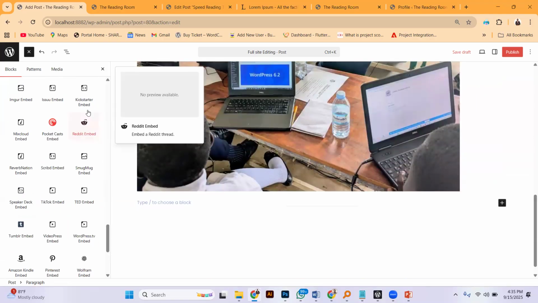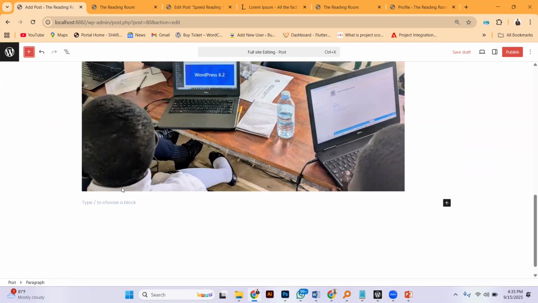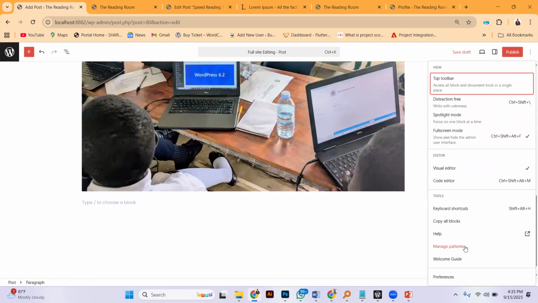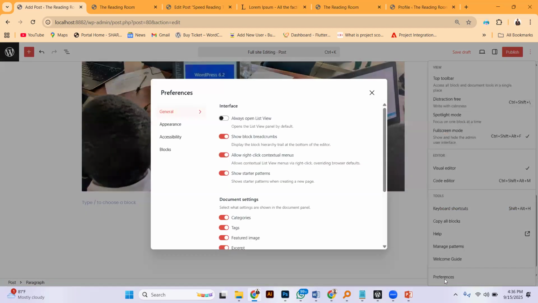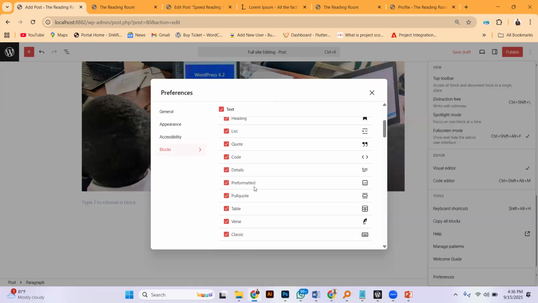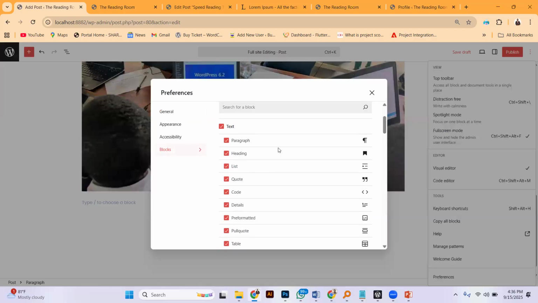Maybe before I leave that, you may want to customize the blocks here. To customize the blocks, you can always go to options. Remember, I told you on the extreme right, we have options here. Under options, if you scroll down, we have preferences. Now, let me click on preferences, and I click on blocks. They will show us all the blocks that come along within our